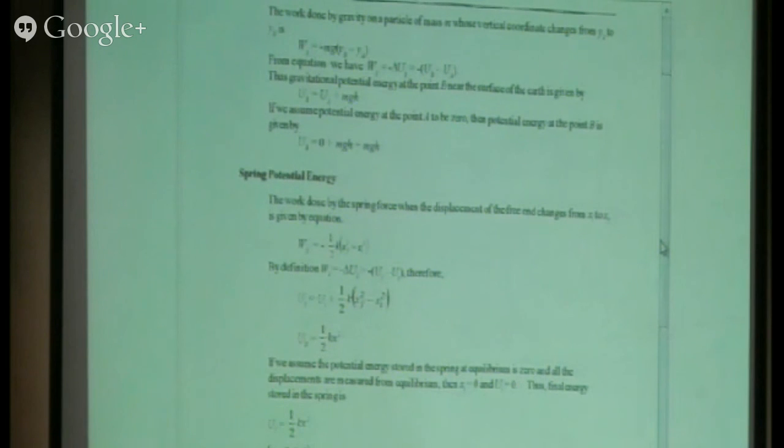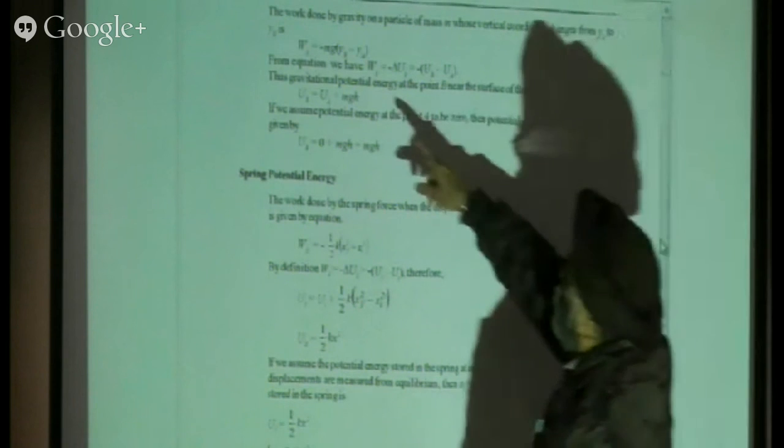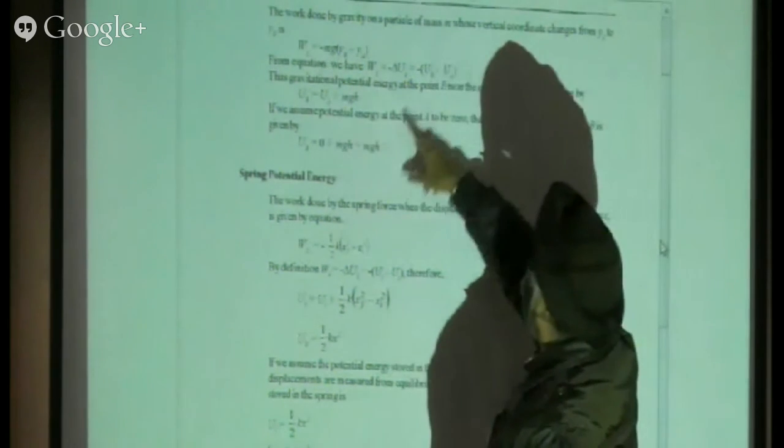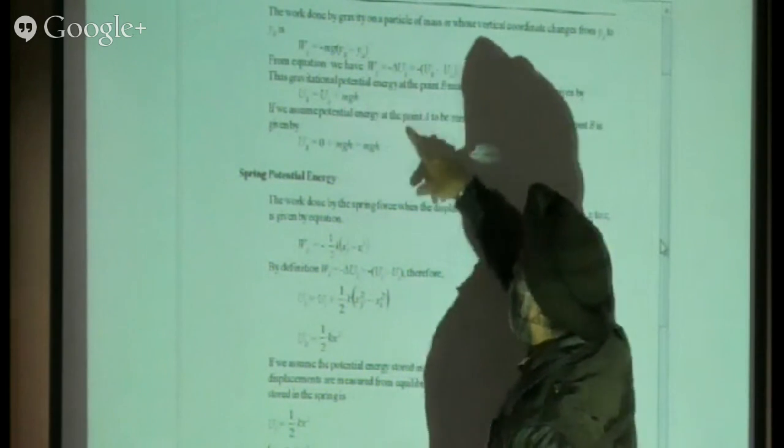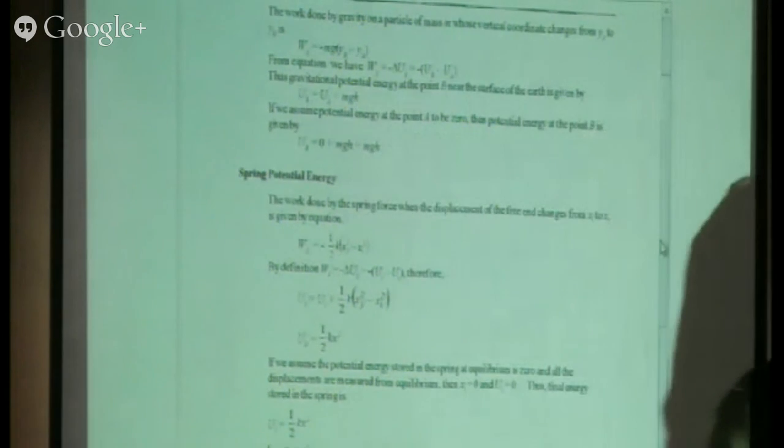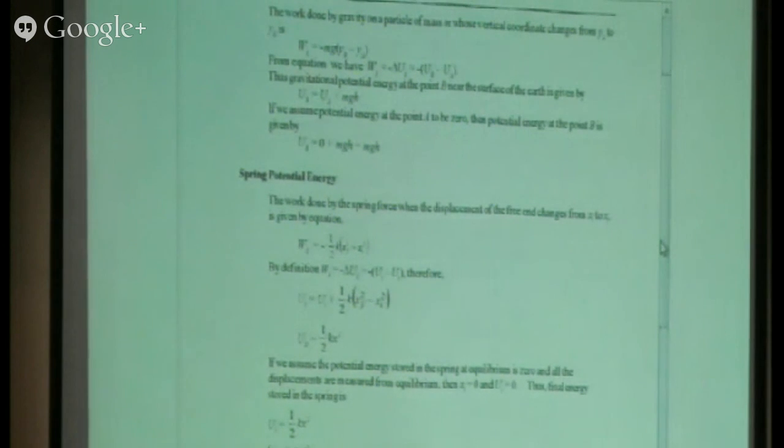So both the negative signs cancel out, and finally you get, that's why in the gravitational case, UB minus UA will be mgh, and UB will be UA plus mgh. So you say that if, under the action of gravity, a body is taken from a point A to another point B, and UA is the potential energy of the body at the point A,